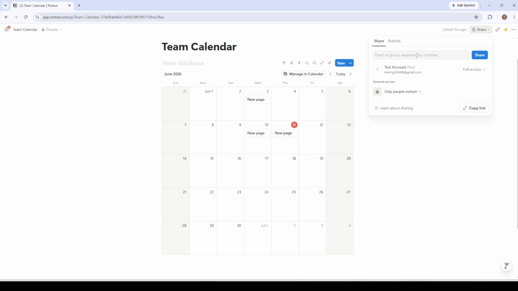To do this, click on the Share button, which is prominently located at the top right of your Notion window. Here, you can invite your teammates by typing in their email addresses. For each invited person, you'll want to set their permission level to Can Edit. This is essential because it allows them to add new events, modify existing ones, and update statuses, ensuring the calendar